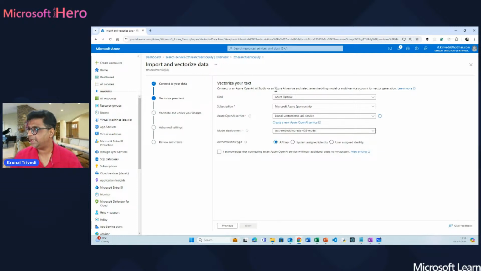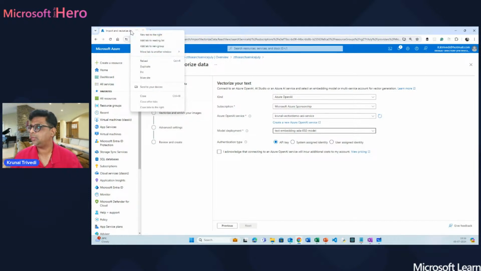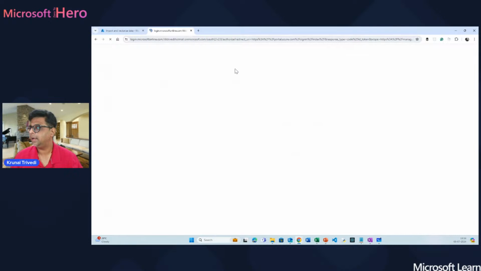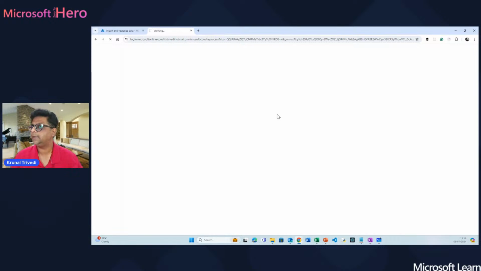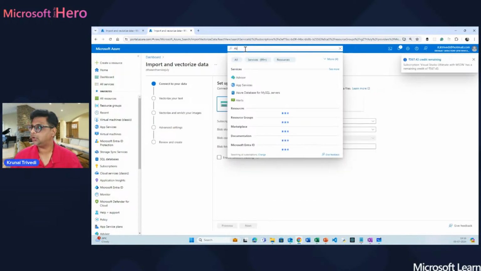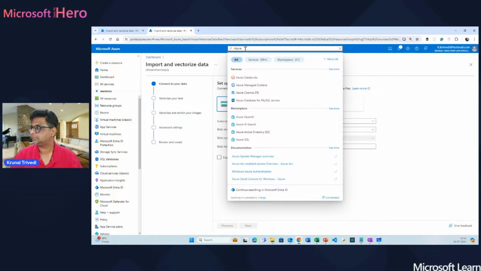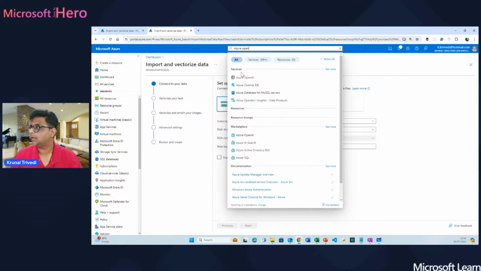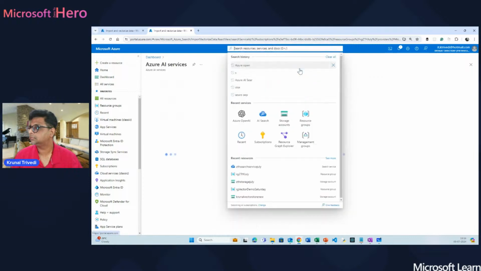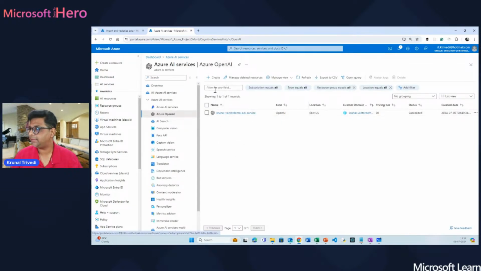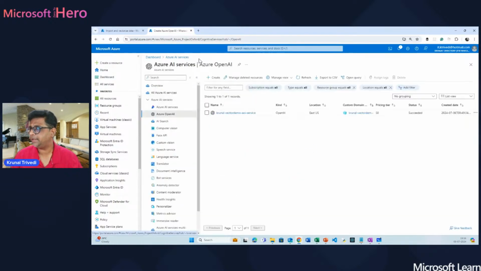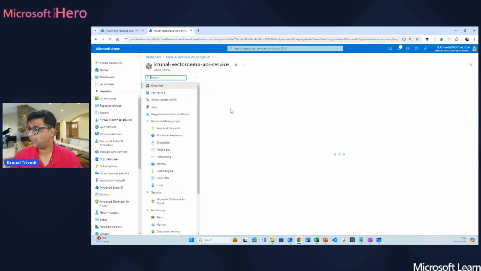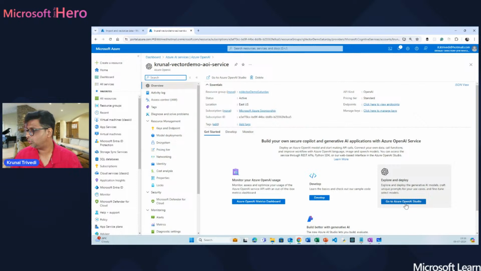In my Azure OpenAI, I can still show you. Let me open this duplicate tab here. As you are all familiar with Azure OpenAI, I can just show you quickly. I just go to Azure OpenAI, and with this OpenAI you can see I already have this service provisioned, but you can go to create. You can create a new OpenAI service. Once that new OpenAI service is ready, inside that service you have the new model deployment, which I already have. So if I just go to OpenAI Studio here,